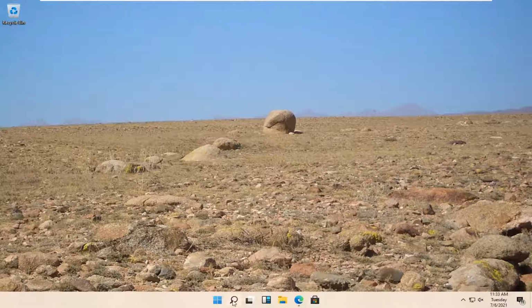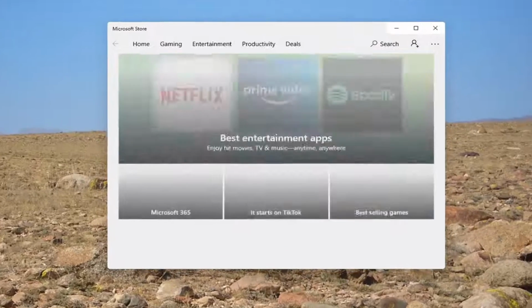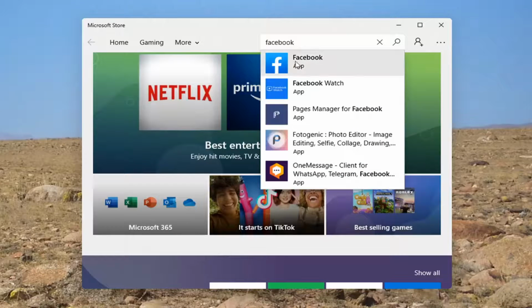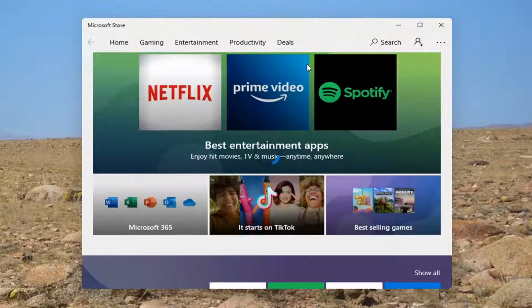taskbar icon or go through the search icon. Looks like a little magnifying glass. Go ahead and open it up regardless, and you want to select the search option up at the top right corner of the window, and you want to search for Facebook. Best match should come back with Facebook app. Go ahead and open that up,